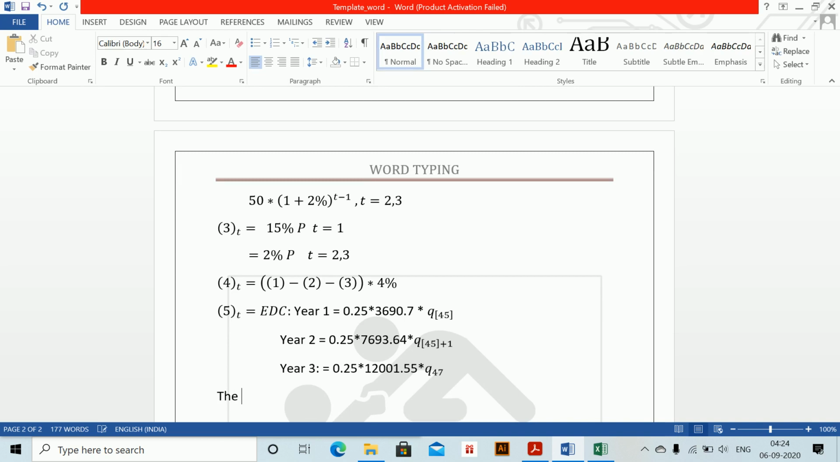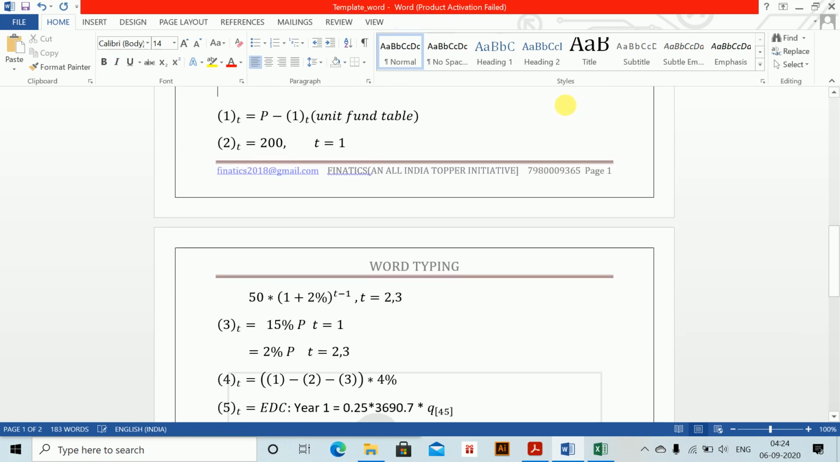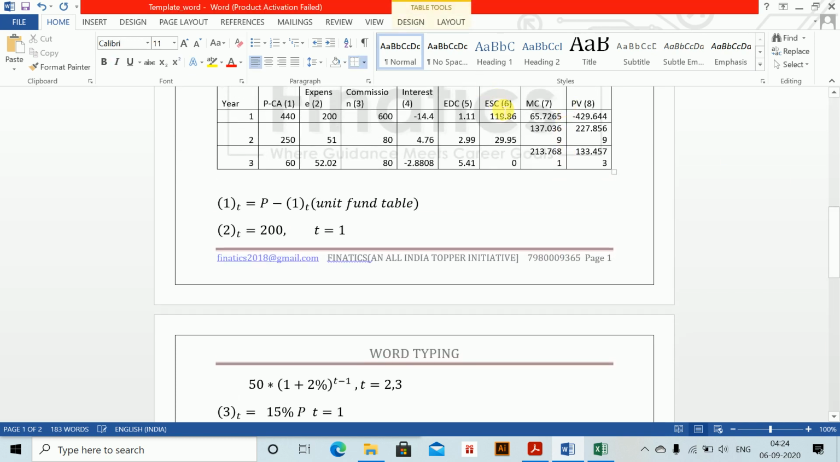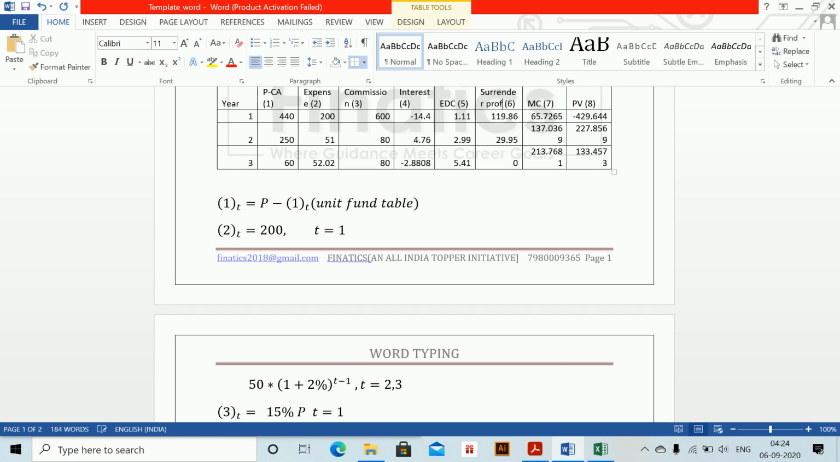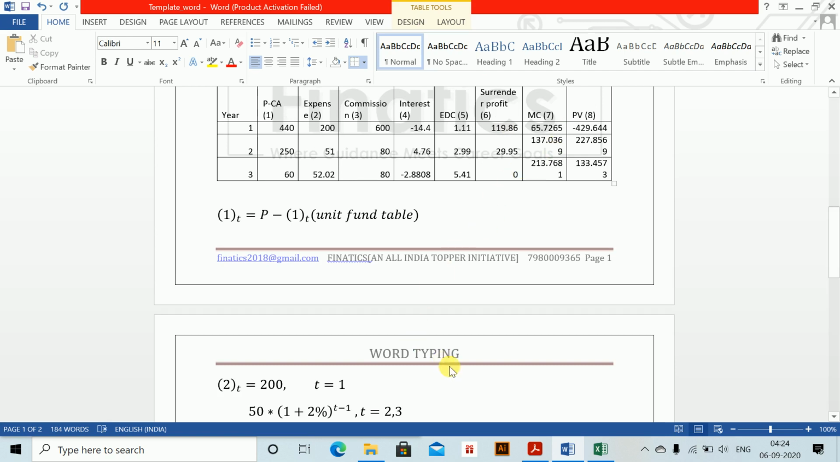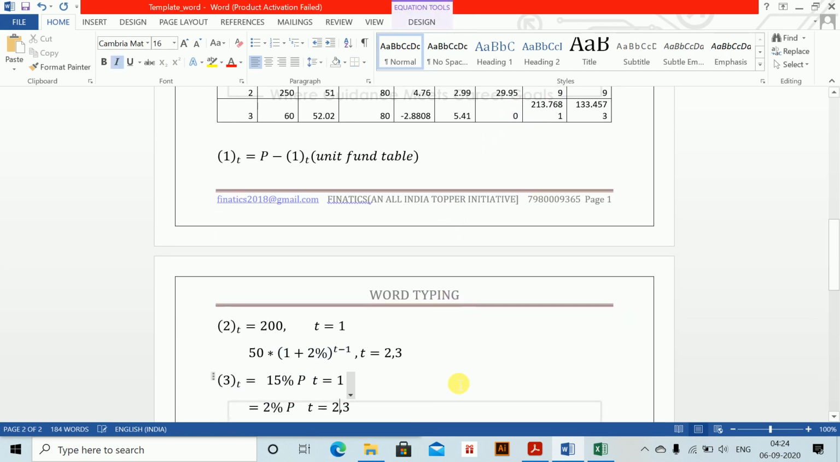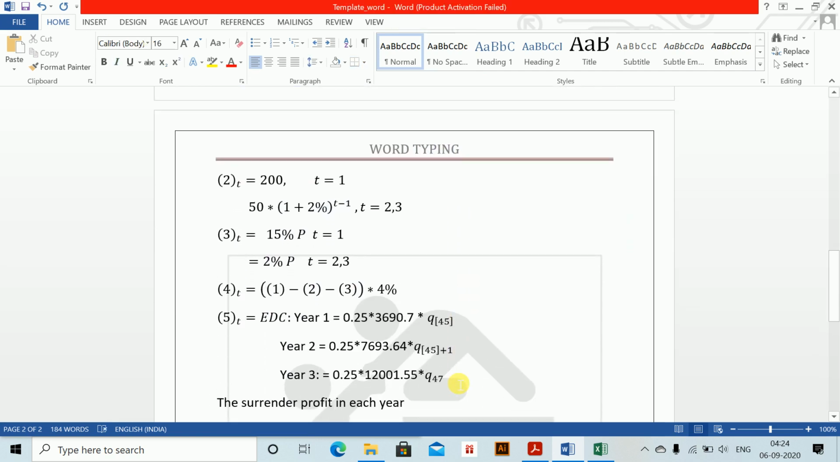Next is surrender profit in each year. Okay, so one thing, go to the table. I have made you all write ESC. This is surrender profit. Next, surrender profit is equal to